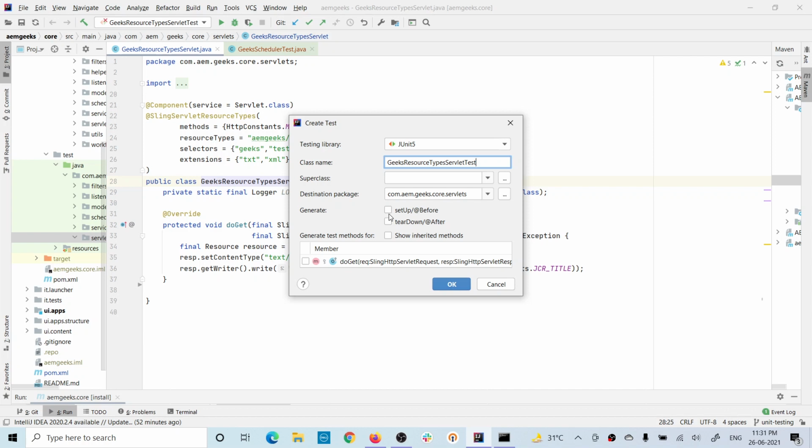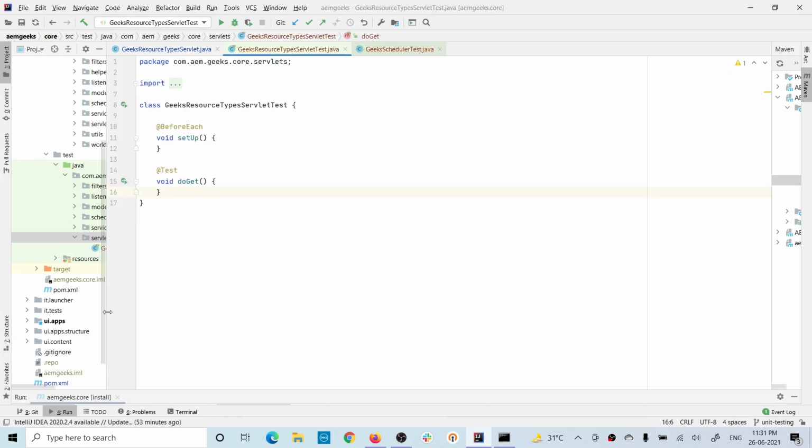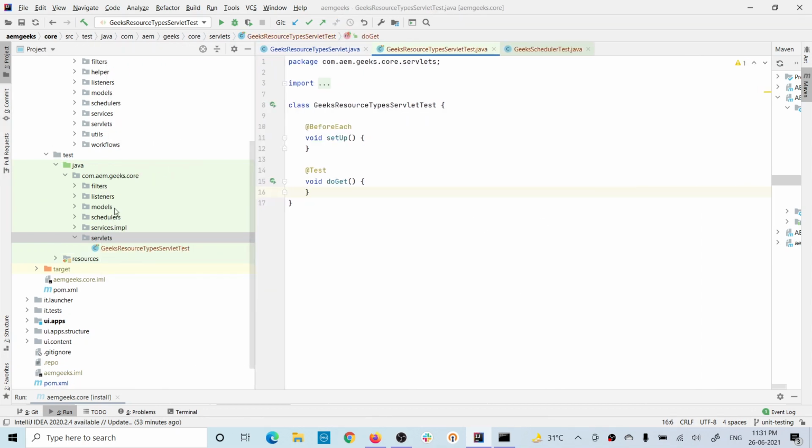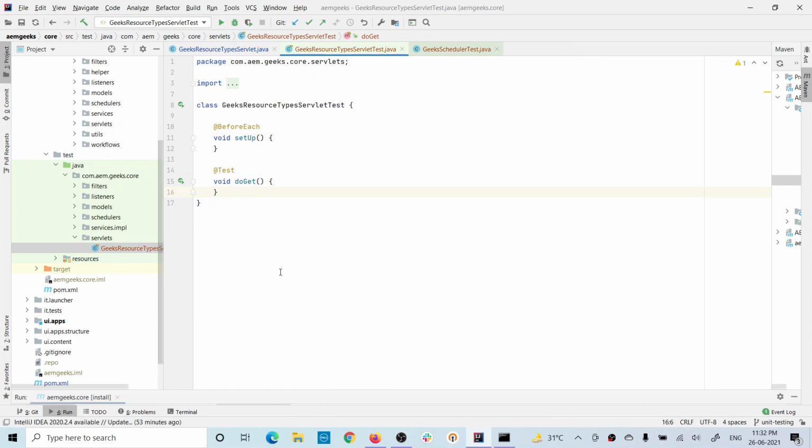These are the methods which execute before each test and after each test. So I need only this. You can just click it, or you can write it on your own as well when you have the test class. Then it will show you how many methods you have in your class, and give you the option to generate a skeleton of test methods for all of them. Right now we have only doGet. If you have more, you will have an option for the others as well. So let's click and generate. It will generate a test class under the test folder at the same package level. So this is my class generated, the skeleton of my class.